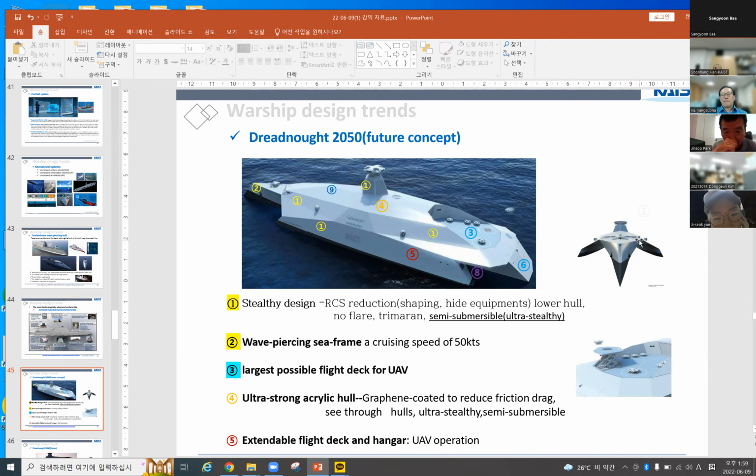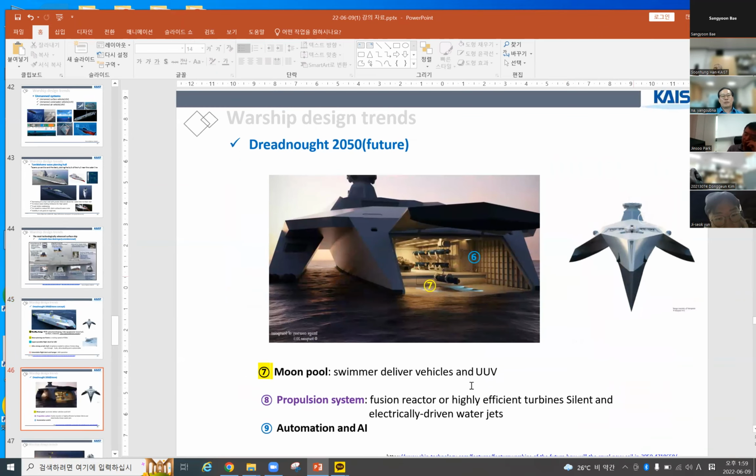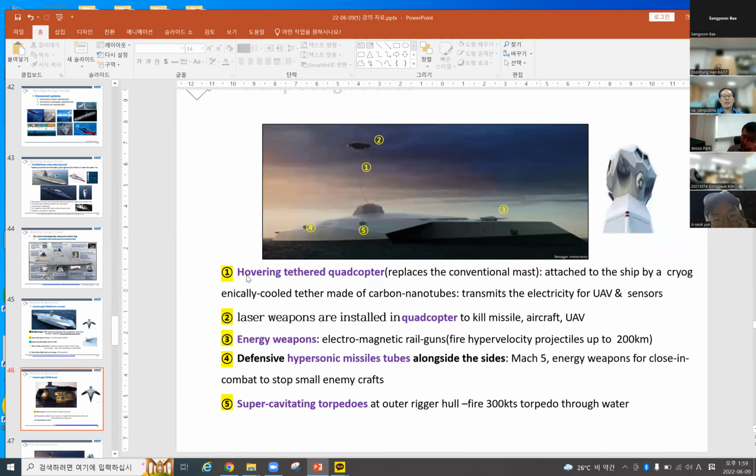They are very different from the conventional ships. Stealth design and the wave piercing sea frame and the large flight deck, ultra strong acrylic hull, and extendable deck and hangars, and the main propulsion system is a fusion reactor for about 50 knots speed, and many automated AI systems are introduced. And the hovering